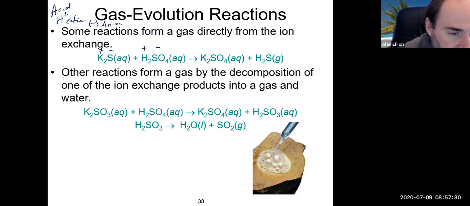That's why we think of it as a double displacement. What's going to happen is the K plus and the SO4 2 minus will come together to make K2SO4, and then the H plus and the S2 minus will come together to make our H2S,